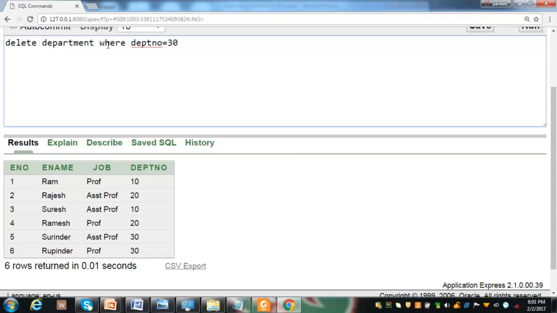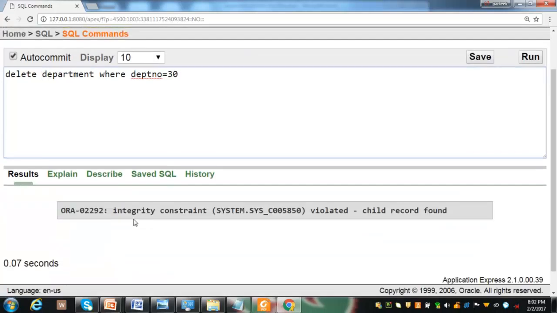Now what will happen if I try to delete record of department number 30 from master table? It is not allowed because child record has been found for this parent table. So until we remove corresponding child record, deletion in master table is not allowed.